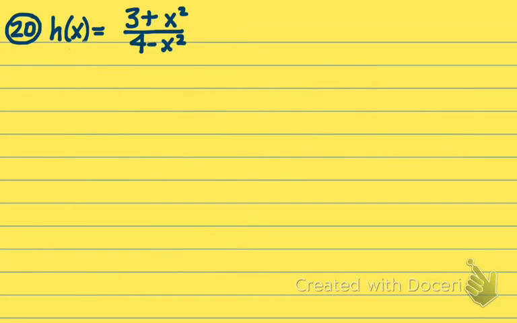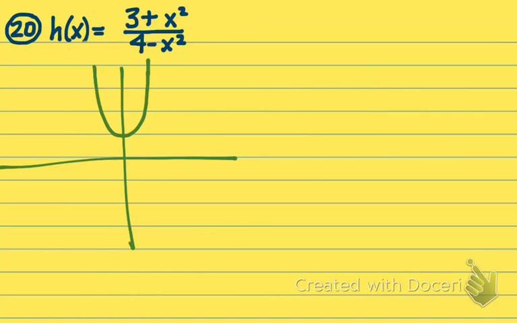And then on number 20, my range is in a 3-piece graph. And in your packet again, you see this, and I'm again going to do a rough sketch here just so I can point at what I'm talking about. You have this parabolic piece up at the top, and then you have these two pieces down here at the bottom. Well, since we're looking at our range only, and again we're using our graph so we don't have to do a bunch of analysis to get where we're going,